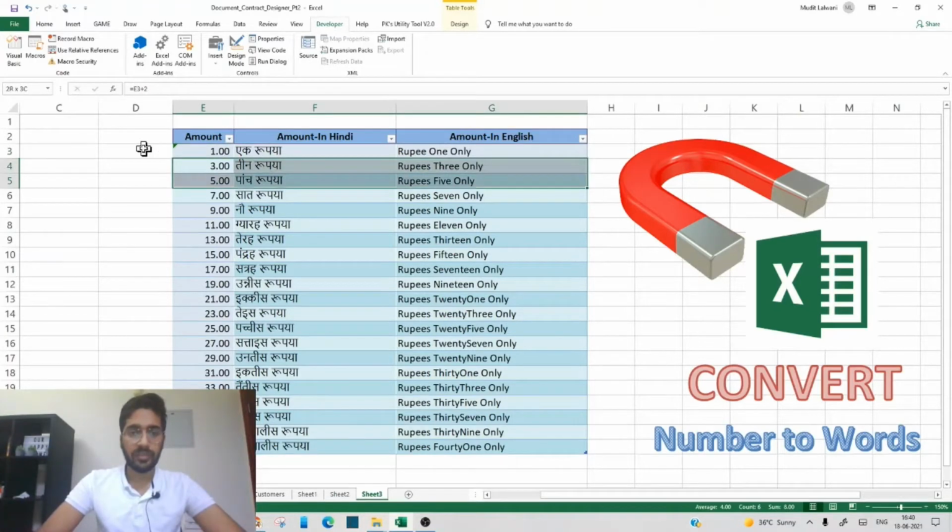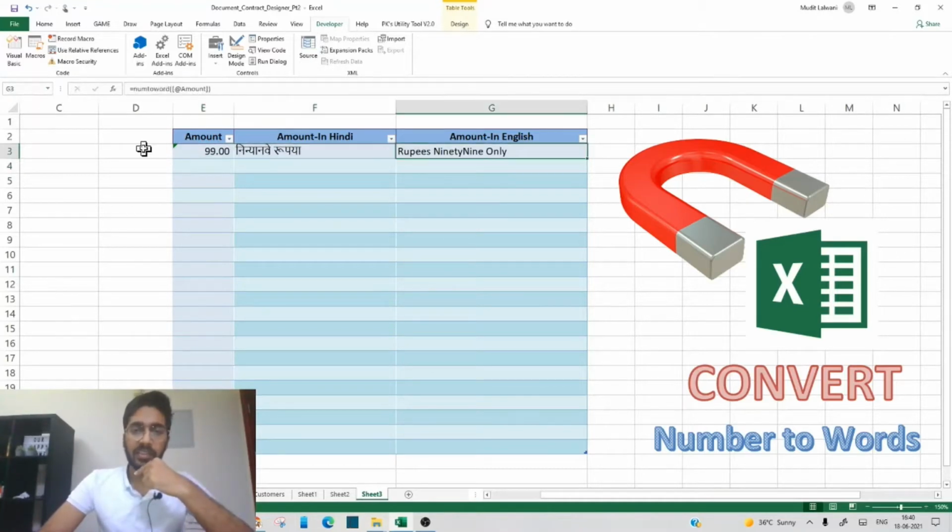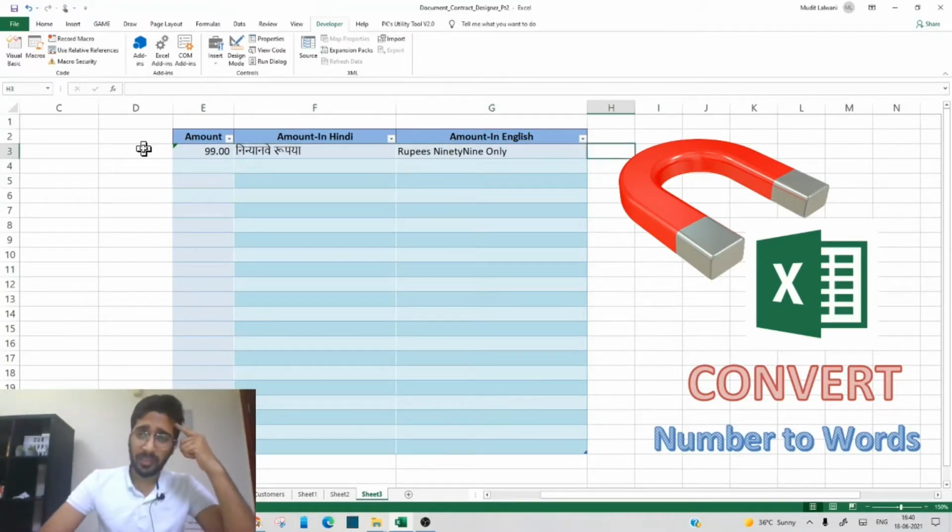So to avoid confusion, I will remove all the formulas below and I will click here only. If I write 12 here, the amount will change. If I write 99 here, the amount will come in Hindi also and in English also. Some people who prepare invoices in Excel, or documents like certificates, beneficiary certificates, certificates of origin and other documents in Excel, find it very useful, as otherwise they have to convert numbers into words manually. To avoid that effort and to automate it, this software is very useful and you will love this.